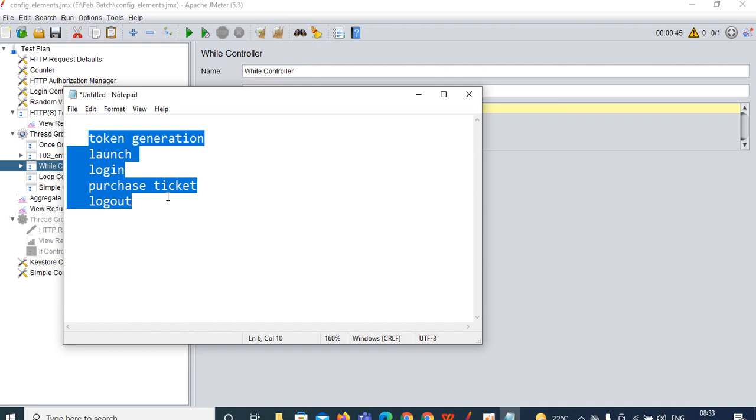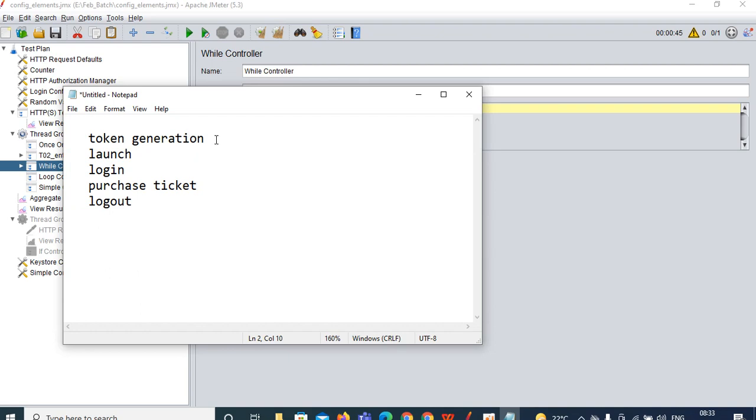So therefore, whatever the token is generated for the first time, the same token will be generated again and again. మళ్ళీ జనరేట్ అవుతానే ఉంటుంది సేమ్ టోకెన్. అలాంటప్పుడు why we need to execute that particular token generation request? That is not required. So therefore what you can do, you can use this token generation request